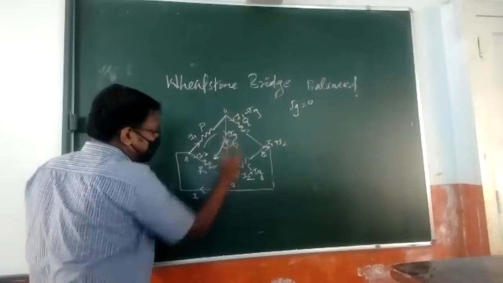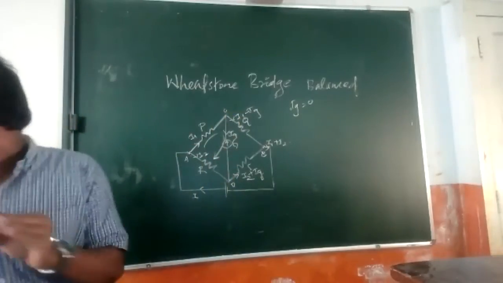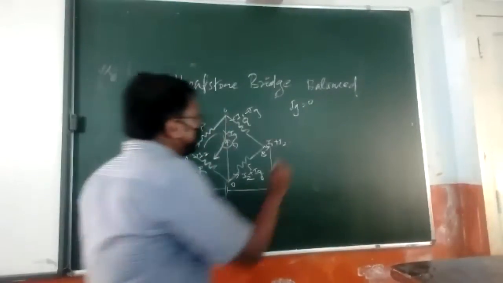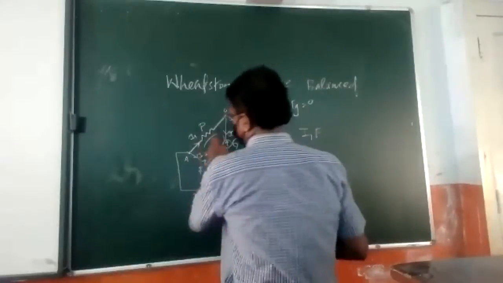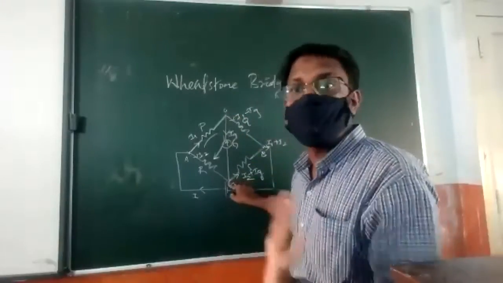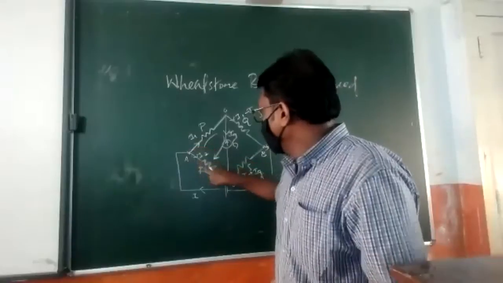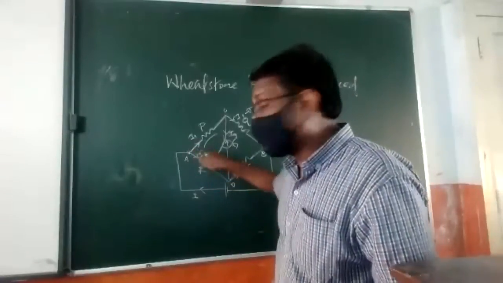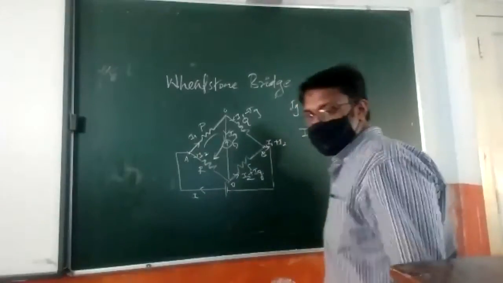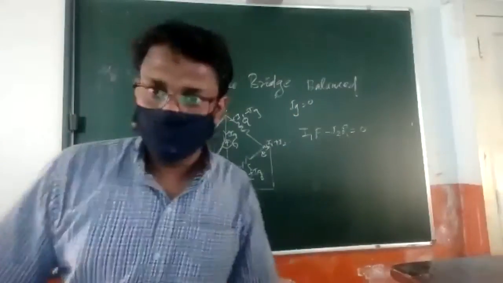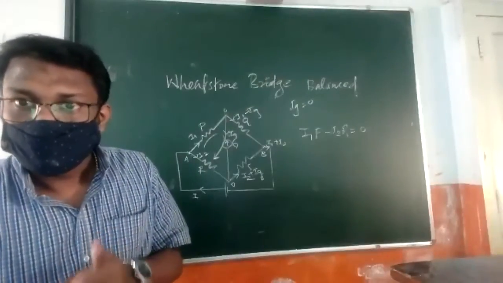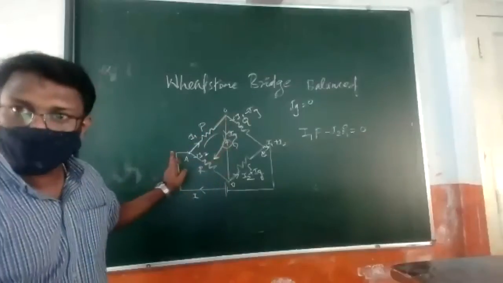Kirchhoff's law in ACDA. Listen, if you are writing Kirchhoff's voltage law in ACDA, I1 into P. Since you are moving in the direction of current, that is positive. Then through CD no current is there, so no Ig term. Then from B to A, you are moving against the direction of current I2, so that will be minus I2 into R, which is equal to 0 because there is no cell connected in that. Did you get that? That is Kirchhoff's voltage law in the loop ACDA.